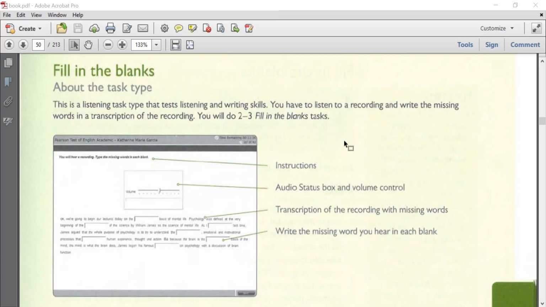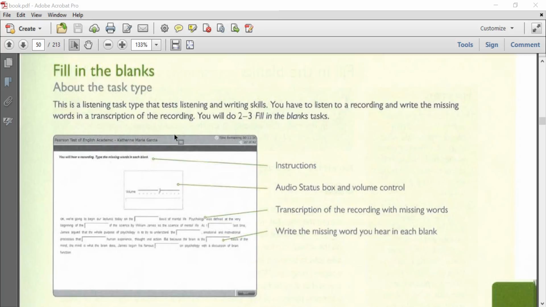បាទសួស្តីអ្នកទាំងអស់គ្នា យើងមើលមកកាន់ផ្នែកមួយទៀតគឺ fill in the blanks គឺនៅក្នុង listening section ហ្នឹងហើយ។ ឥឡូវយើងមើលទៅគឺឃើញថា this is a listening task type that has listening and writing skill. You have to listen to a recording and write the missing words in the transcription of a recording. You will do 2 to 3 fill in the blank